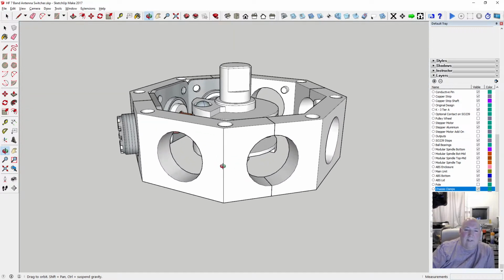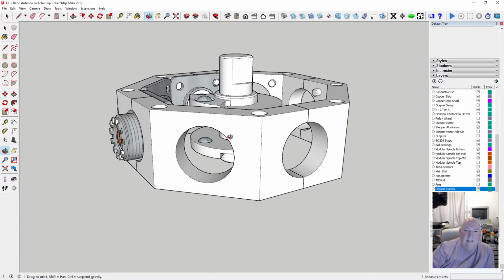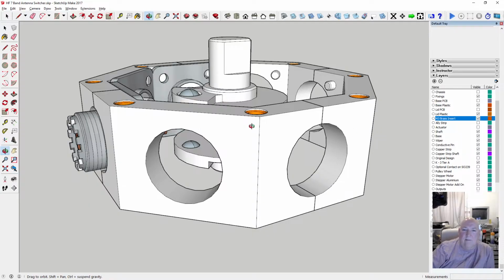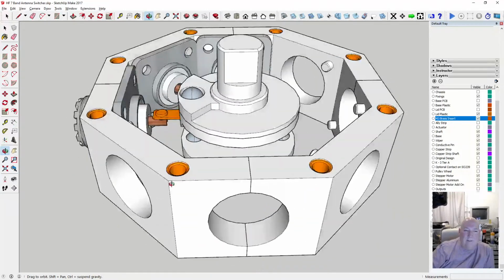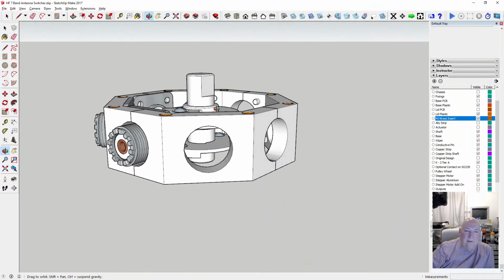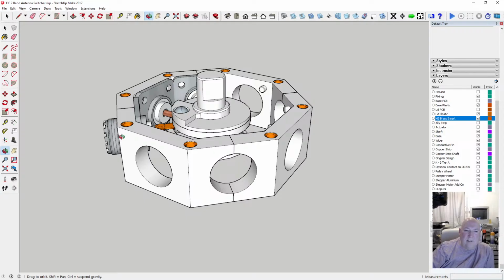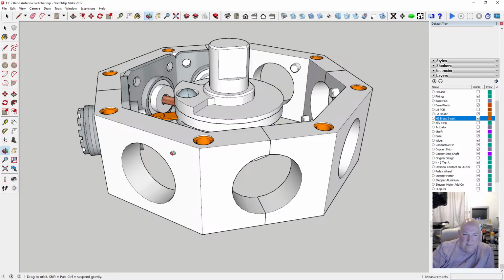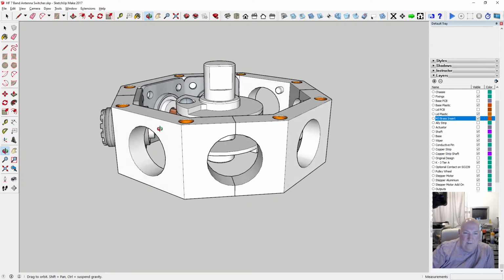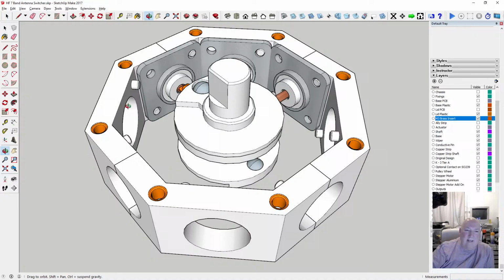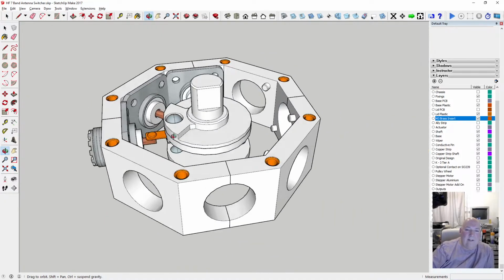Oh, I wanted to do something to this. Yeah, I wanted to give it an indent, because now we've moved all the brass inserts out of the way. So we could thin this wall now. Yeah, I think I need to do that now. There's a problem. It gets printed on that edge. So if I was to thin out that end, it would make an unsightly edge, so we're going to have to leave that. I could thin out the back, but that's no help to us. No, it's going to have to stay like that. Oh well.